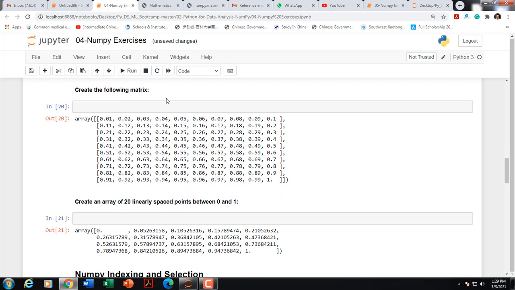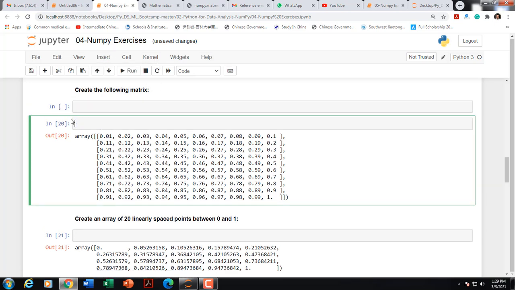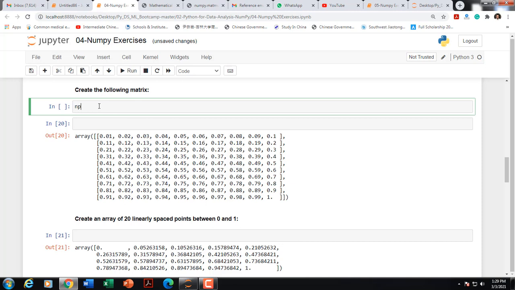So yeah, moving forward. Over here we have to create the following matrix. The following matrix has numbers from 0 to 1, and they are at a difference of 0.01. Okay, so how can we do this? We can say np dot, can we use the arange command? Okay, so how can we carry this out? Let's say, you know what, I don't want to run on this cell. If I do this, this output would be deleted. So let's do this on this cell over here. I'll say np.arange 0, 1,